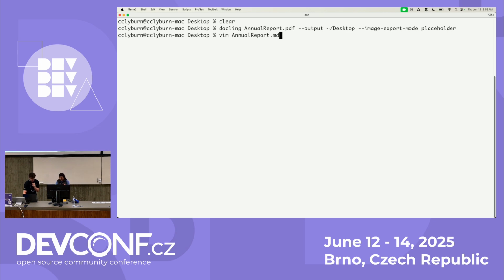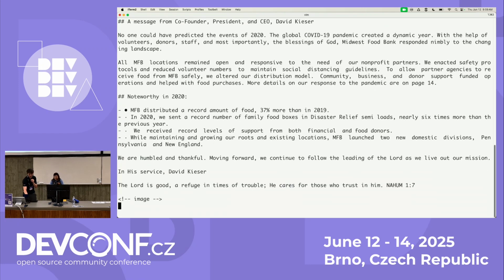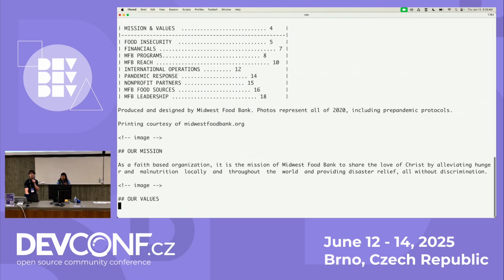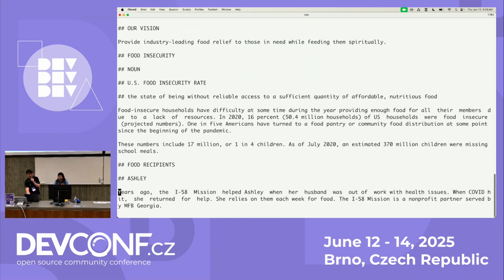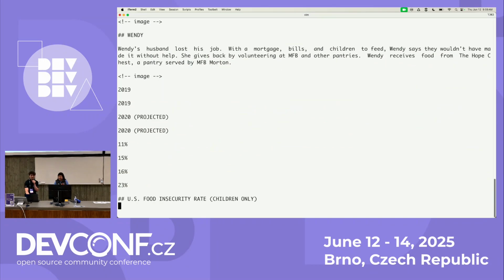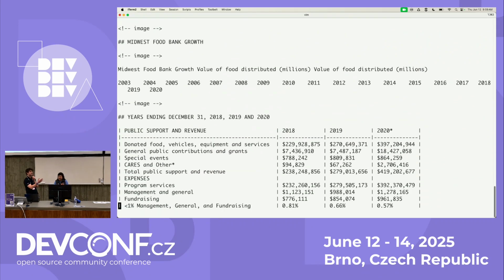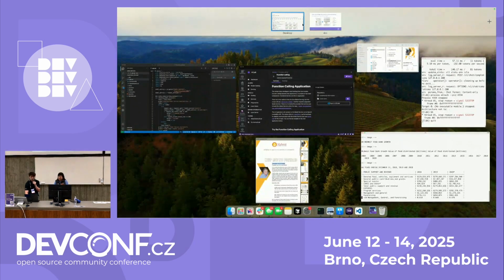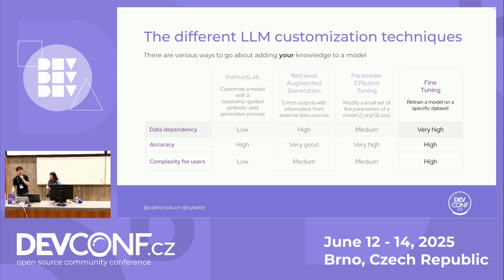All right, so when we actually go to the output here, we can see that all of the data was preserved in the format that is originally intended for it. So we have all these headers, titles, and when we get down here to the actual chart, we can see it preserved the layout as well. So maybe we also have images that we could run through that vision language model from earlier and get the annotations for that. So quite a cool way to be able to parse our data, and you end up being able to keep that structured output, and it's cost effective at scale. So quite an easy and fun way to be able to do this customization.